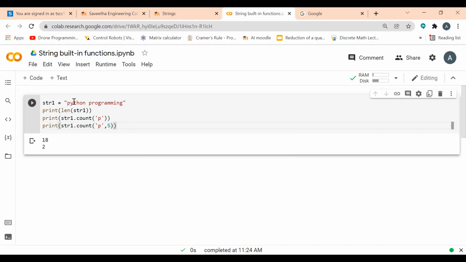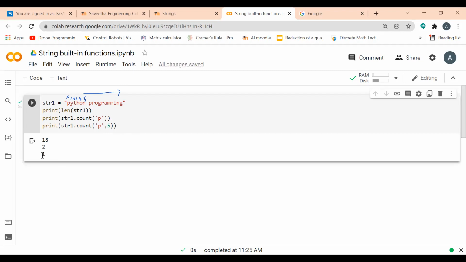So 0, 1, 2, 3, 4, 5, the n character is in the 5th position. From the 5th index till the end of the string, it will search how many p's are there. Only one p is there, that is the p in programming, so 1 will be printed.